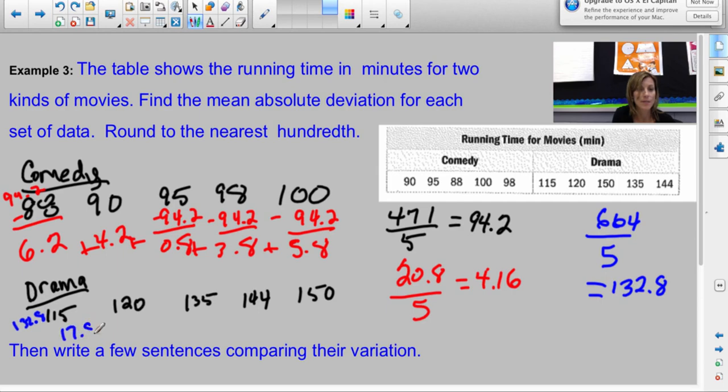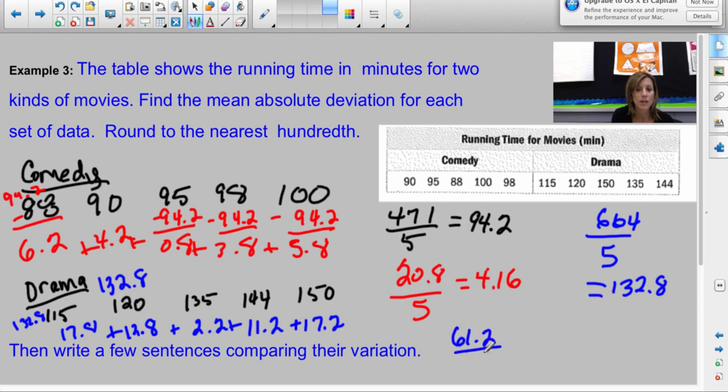I got a difference of 17.8. 132.8 minus 120 gives us 12.8. 135 minus 132.8 gave me 2.2. 144 minus 132.8 was 11.2. 150 minus 132.8 gave me 17.2. When I added up all 5 of those numbers, I got 61.2, divided by 5 gave me a mean absolute